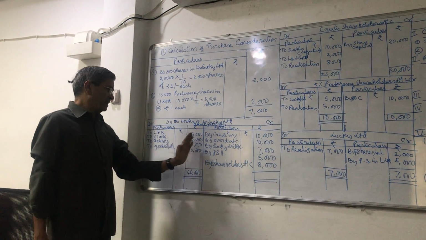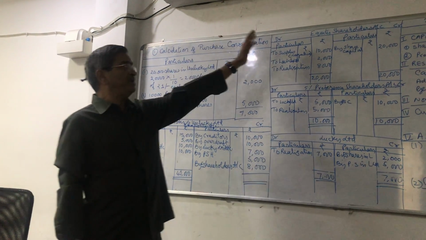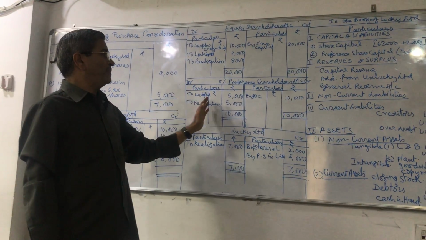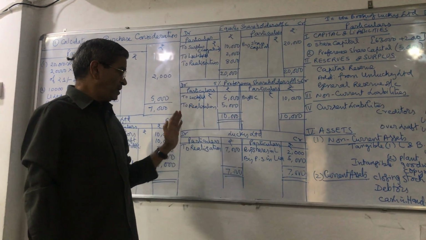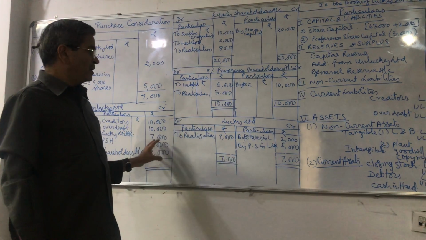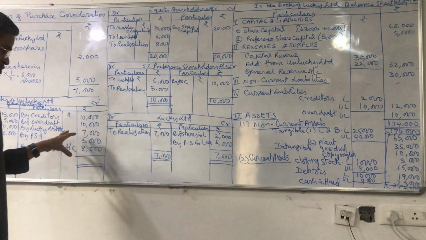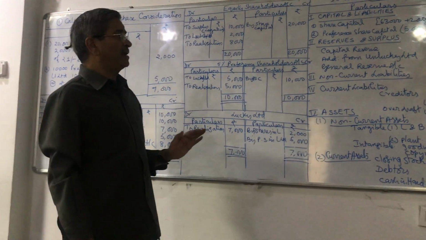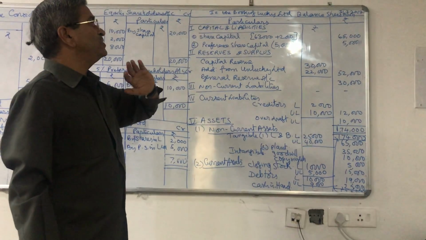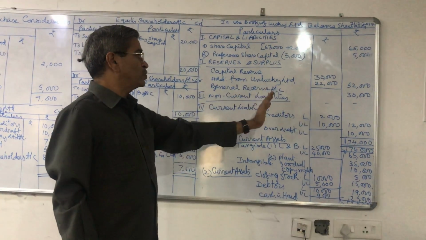We have transferred all assets, all liabilities. We have opened the shareholders account, the preference shareholders account, and then the purchasing company account. We have tallied them mutually, all the accounts are closed, and this completes the vendor company. When it comes to the balance sheet of the purchasing company, we have merged both and then shown them